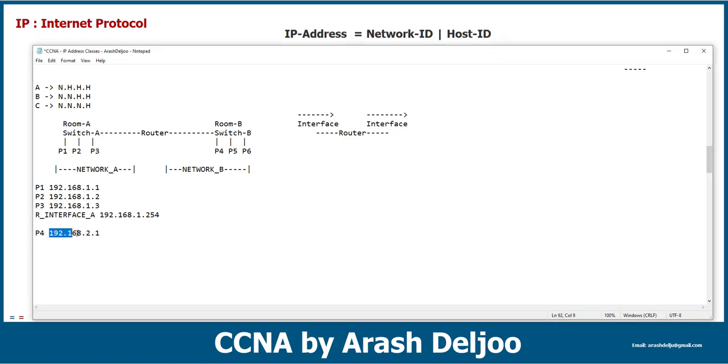Because I'm going to use class C in this example, we need to configure different 3 first octets: 192.168.2.1, for example, for PC4, and for PC5 we can use 192.168.2.2. For PC6, I'm going to use 192.168.2.3, and for the router interface in room B, we can use 192.168.2.254. Okay, this means that now we can understand that all of the addresses in one network should have the same network ID,